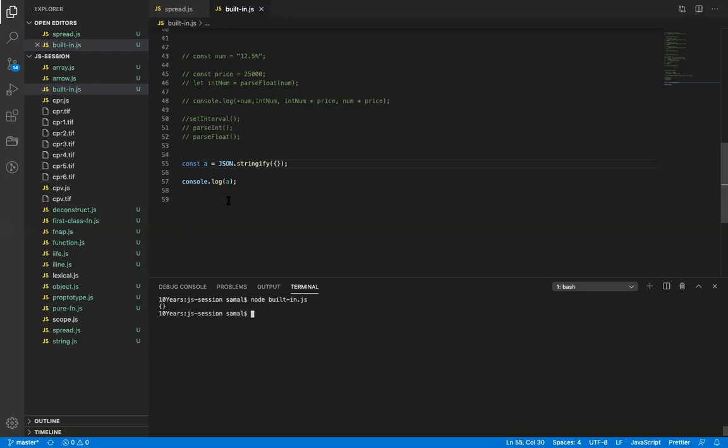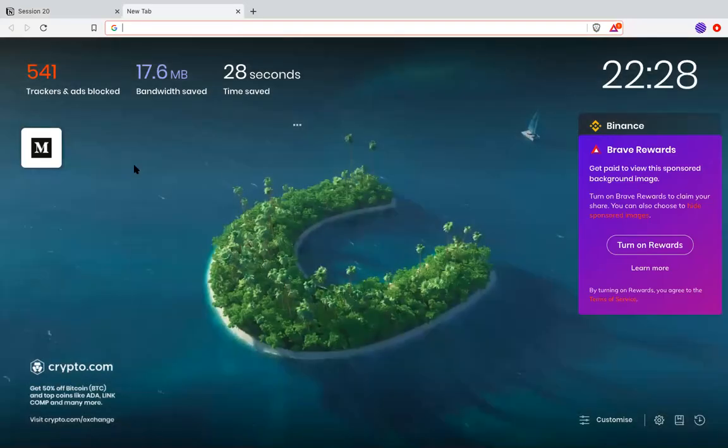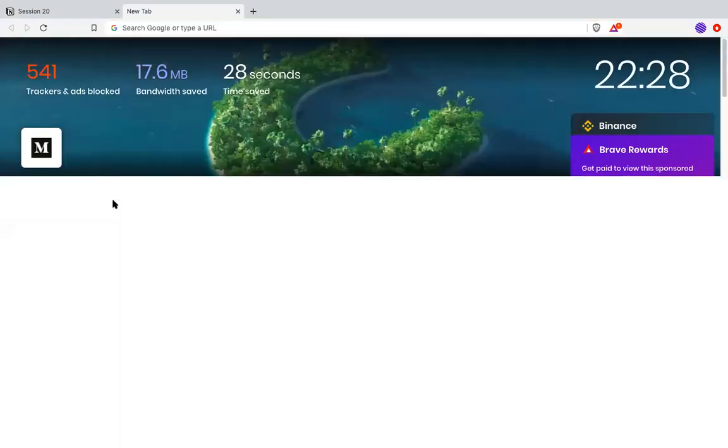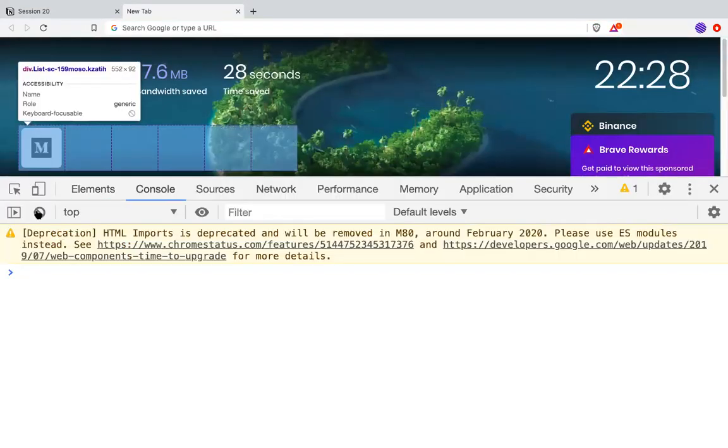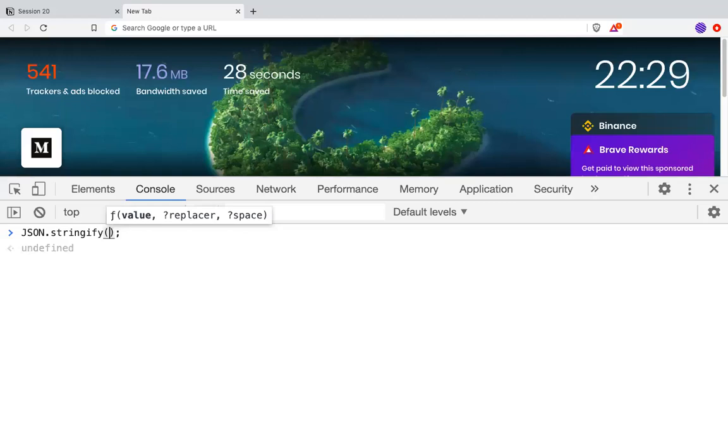How do I print? Let me just try this in the browser, because the console is converting it back to an object. JSON parse gives us the object. Stringify, yeah. So this is showing properly.